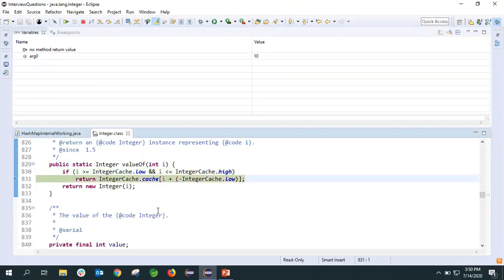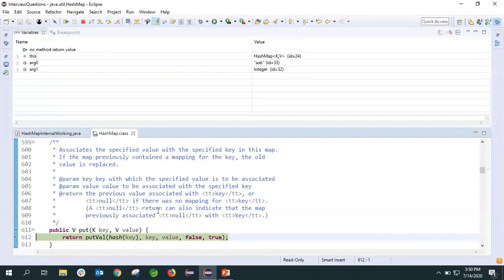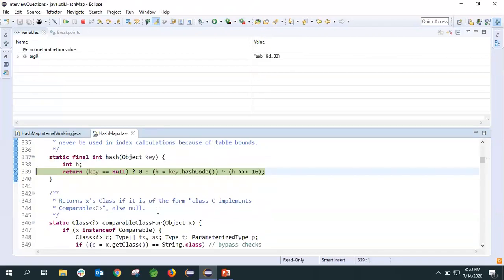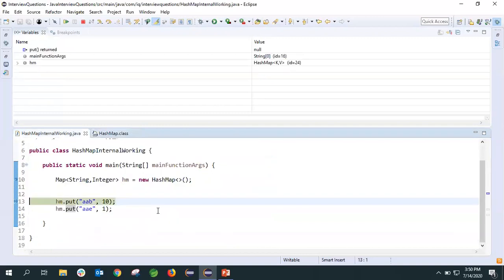It is getting the value. Again, I will press F5. It is going to the put function, and this put again calls hash of the key. It is taking the hash code and returning it. Now we'll press F6 again.